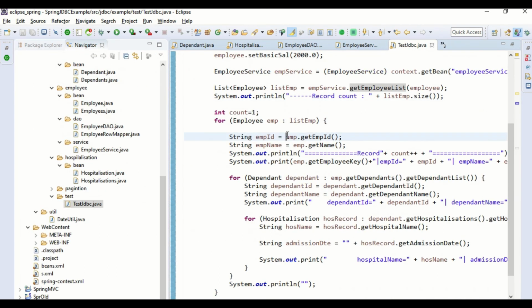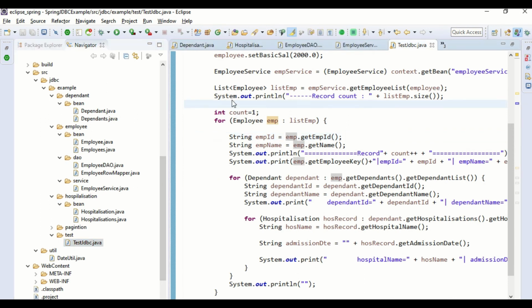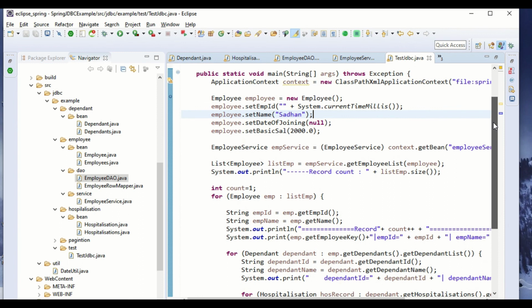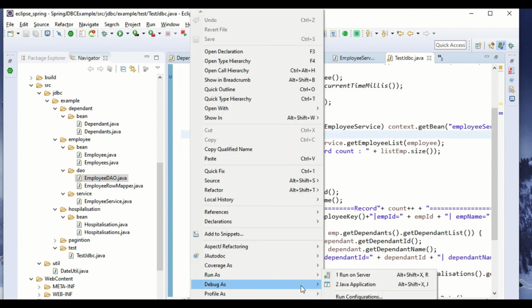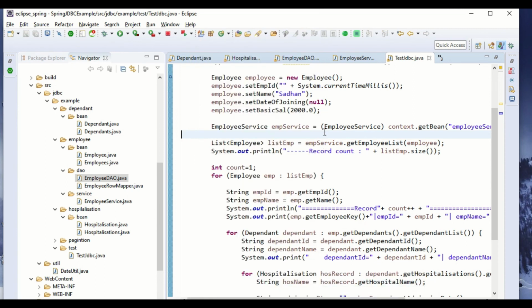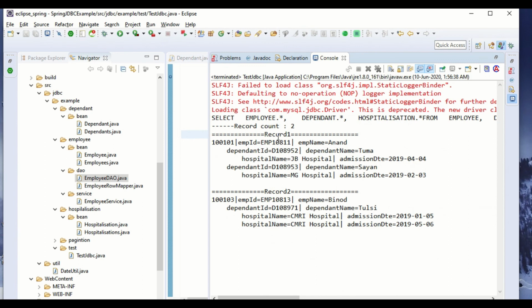Let's run this example and see the output. So we got two records because we have two distinct employees, and this is the employee ID. It has this dependent, and each dependent has the hospitalization record.